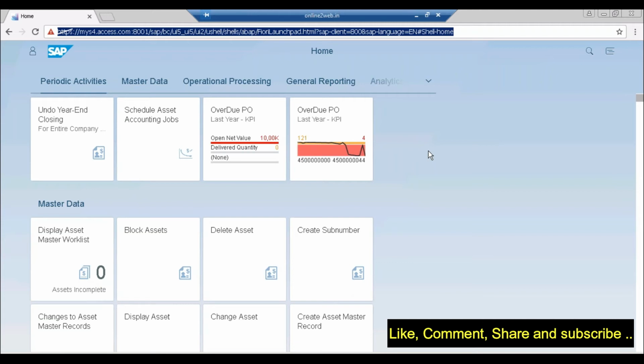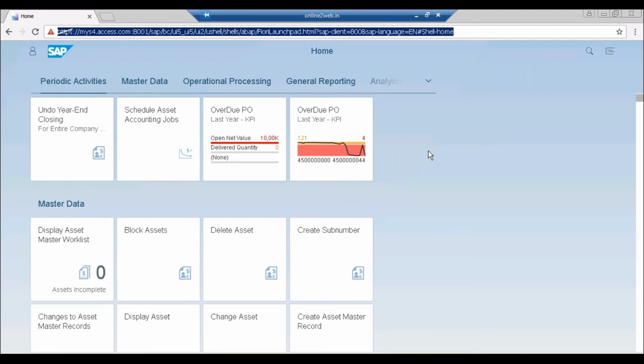Same thing you can do here. If you want, you can delete particular applications from your Launchpad, or if you want apps brought onto your Launchpad, if you're authorized, then they can be moved into whatever group you want. And as you can see, you can create your own groups also. So let's say if I have 20 different applications which are assigned to me, what I can do is map them into 5 different groups, 4 applications each. So 4 related to master data, 4 related to transactional data, 4 related to reporting. I can do that. Okay, let me show you how to achieve that.